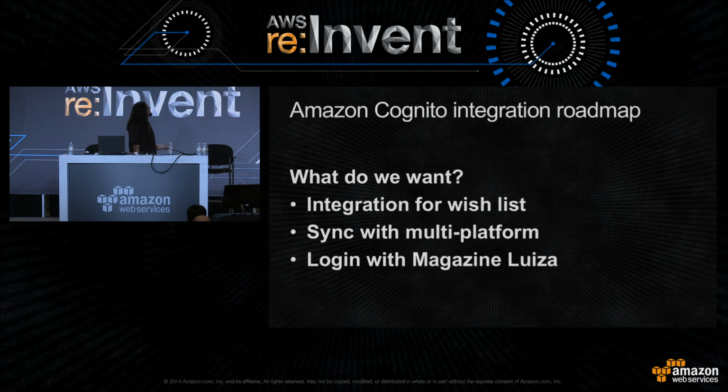So, a little bit of our Cognito roadmap. We want to make a wish list that is synced across every platform. We do this because in the daily offer app that we have, people say, oh, I wanted to see yesterday's promotion, and it wasn't there anymore. So that will encourage us to use Cognito. We also want to make use of its authentication. In doing so, we don't have to handle all the syncing and merging of the products in the wish list, since Cognito handles it all for us.